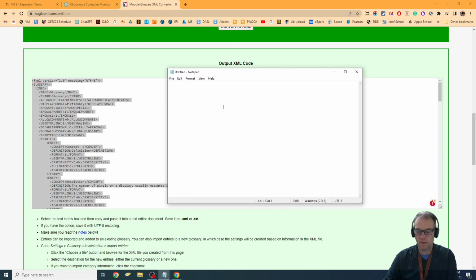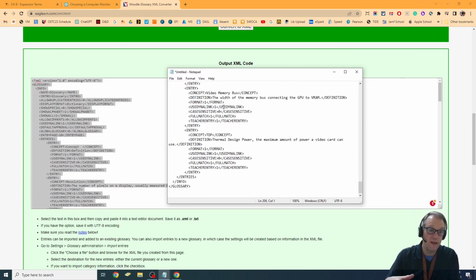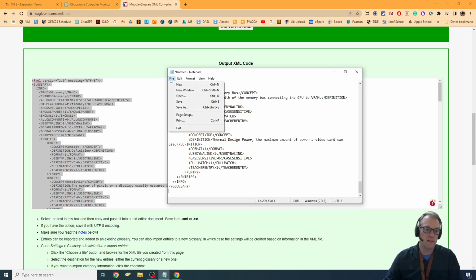And I'm going to drop that right in there. And I copied it with Control A to select it all and Control C to copy it. And then I brought it over here to Control V to paste it. And I'm going to save this file